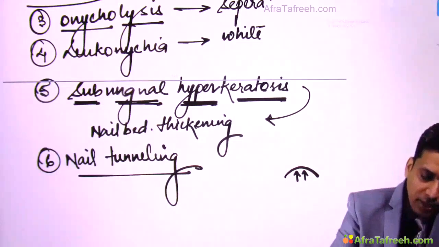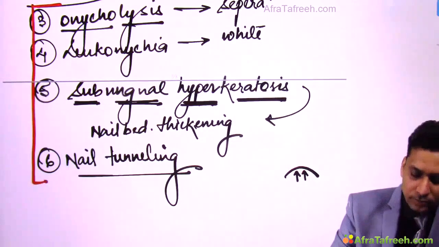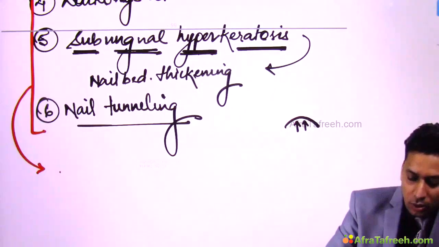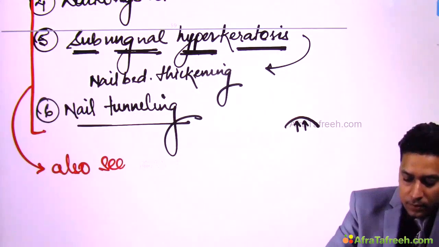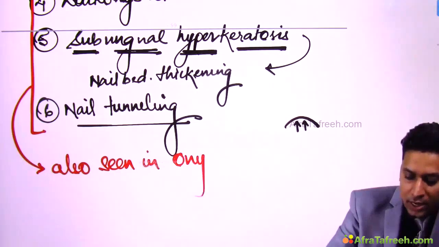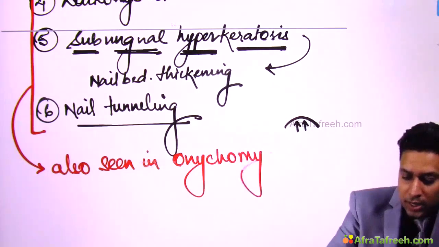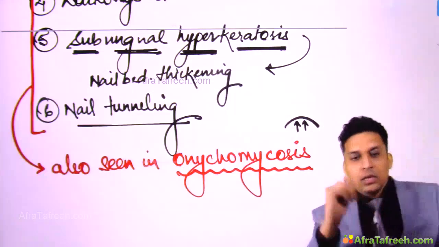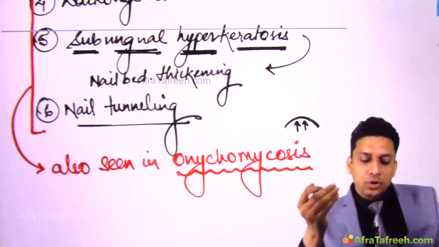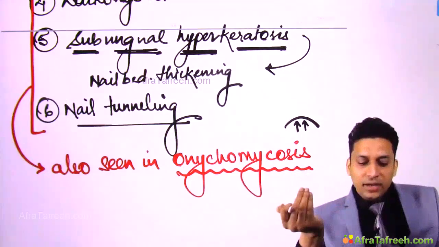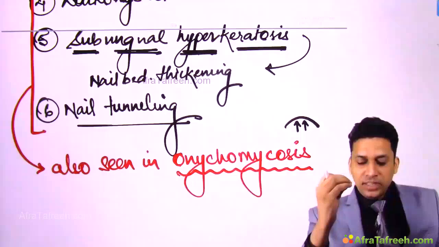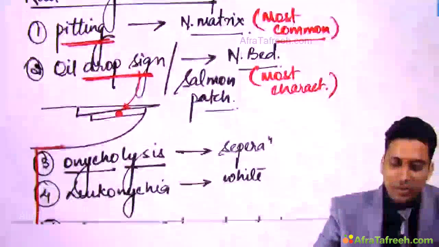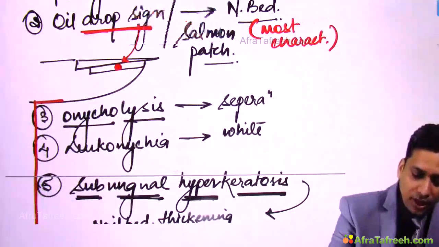The important point to remember here is that these four nail changes are not only seen in psoriasis, they are also seen in onychomycosis. So in onychomycosis also leukonychia occurs, onycholysis occurs, subungual hyperkeratosis occurs, and nail tunneling occurs. Just now I will explain that. Before that, remember these 6 nail changes of psoriasis, and if you find it difficult to remember, I am going to tell you a mnemonic here, and that mnemonic is